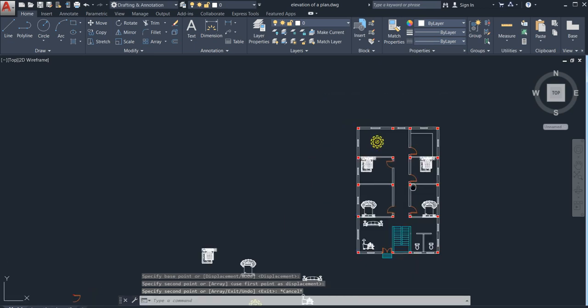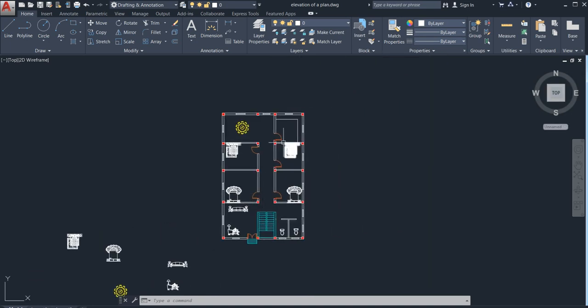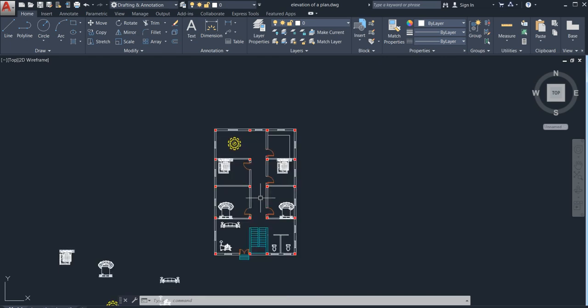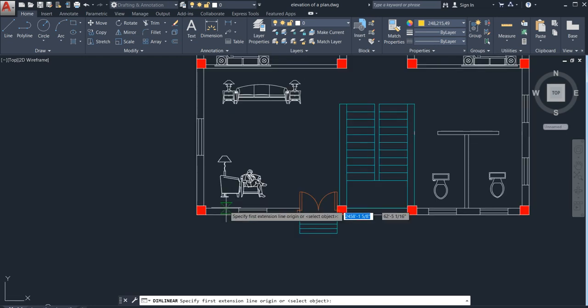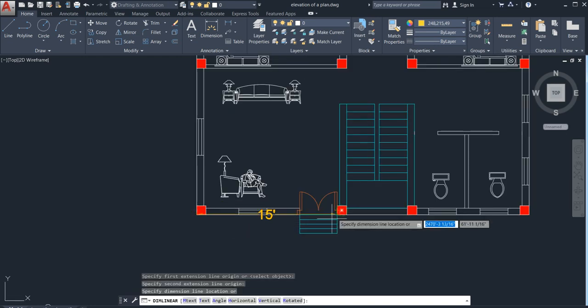After that, now almost my work has been done, but the main work is to check some dimensions also. So go with this yellow color. Now go with this to this.